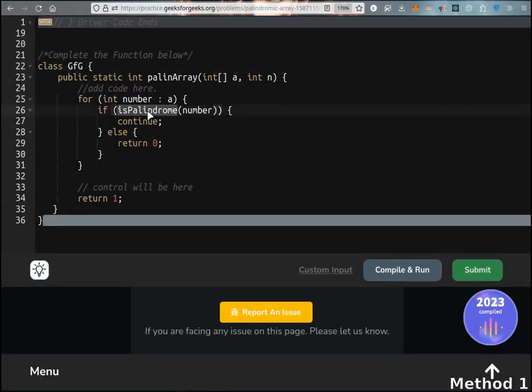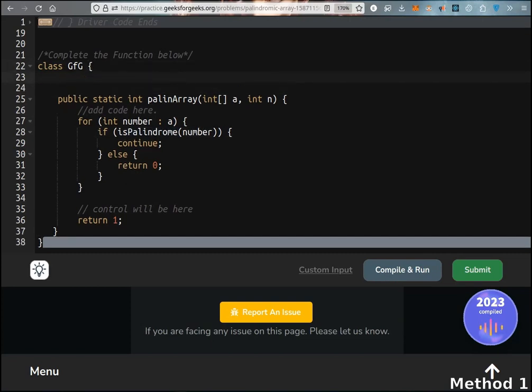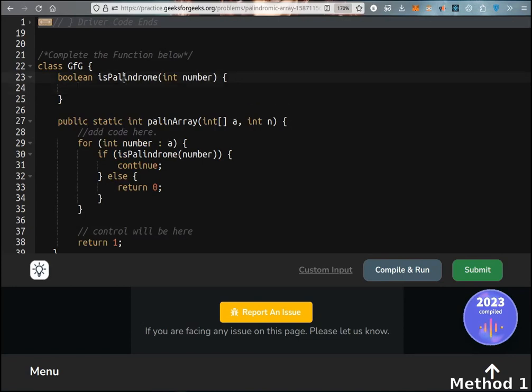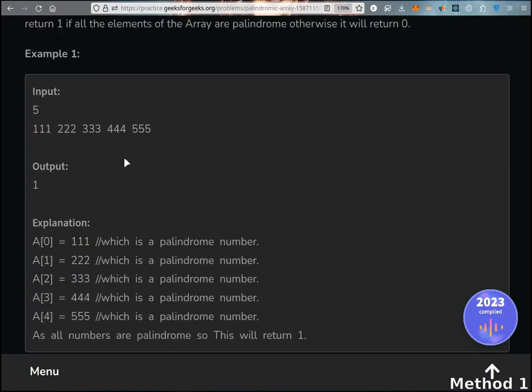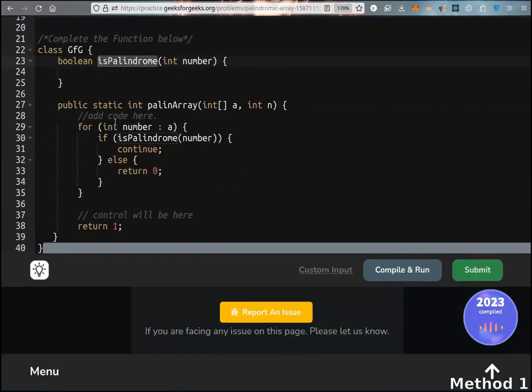Now let's complete the rest of our part, which is palindrome. So the entire logic would be residing within palindrome. Obviously, it would be a Boolean return type and name stating palindrome, which will take an integer number. I'll just go ahead and use number. The obvious way you define palindrome is the first element and last element should be equal, so as the inner elements as well, which means it can be read from forward and backward as same, which means I can take a number which will say forward read